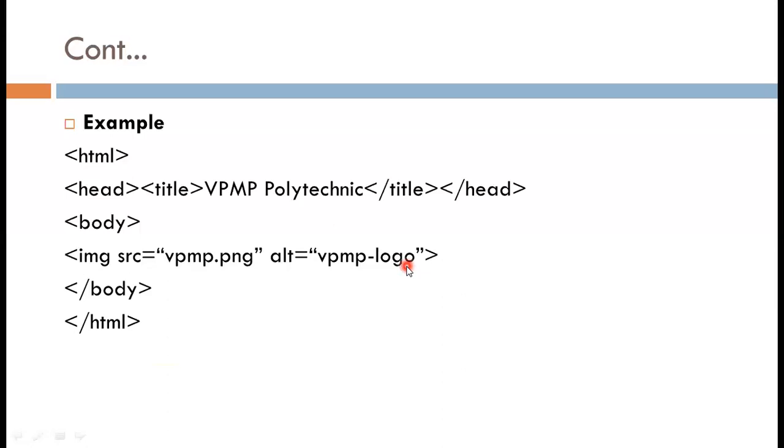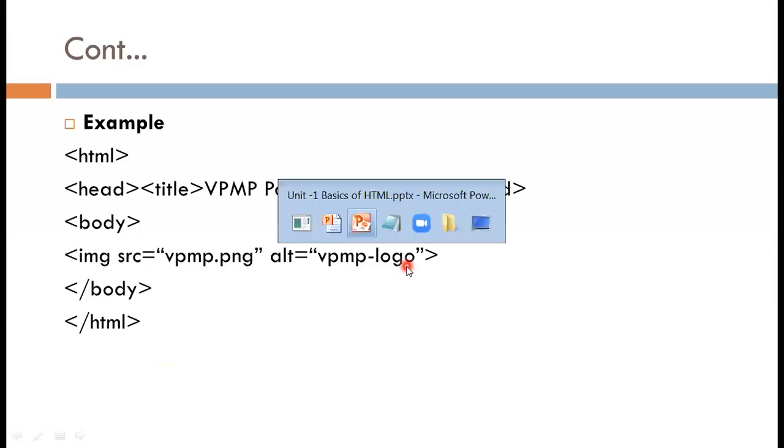Now let's start with the practical session of all these basic tags. Now open Notepad, write the HTML tag, it is a root tag, then write /HTML.